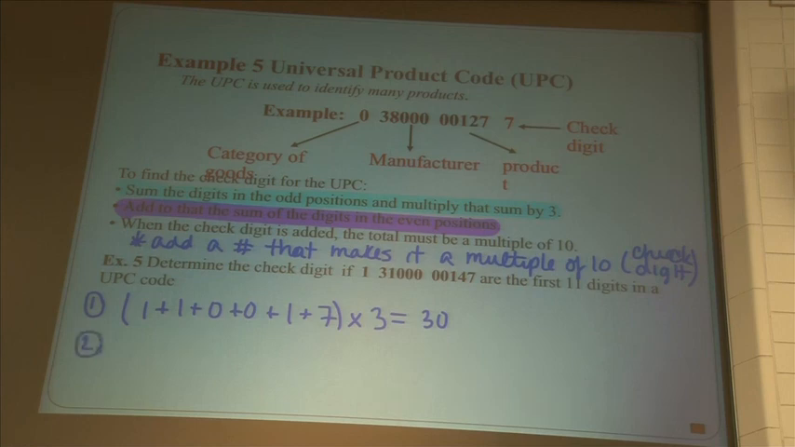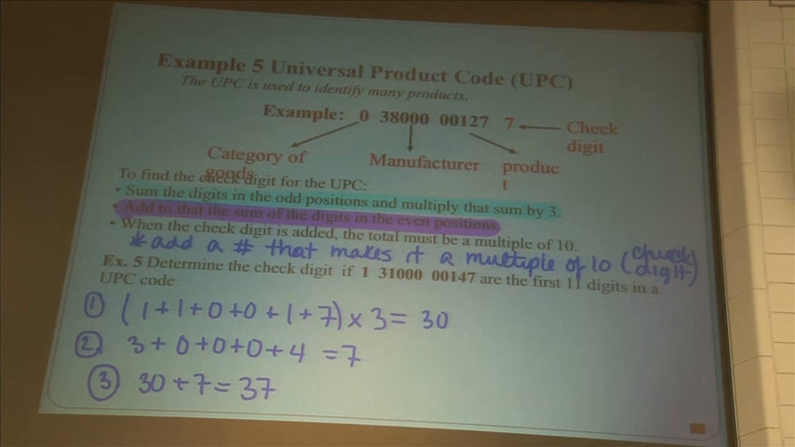Step 2, take the values in the even position. So 2, 4, 6, 8, 10. Right? Number each of your values. And I had 3 plus 0 plus 0 plus 0 plus 4 gave me 7. Okay. The third step, 30 plus 7 gives me 37. Remember, you have to add a number to that to make it a multiple of 10. Well, what's the closest multiple of 10 here? The next one up would be 40. So we have to add 3. So 3